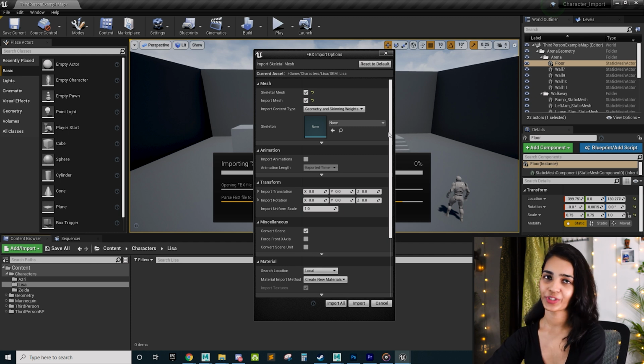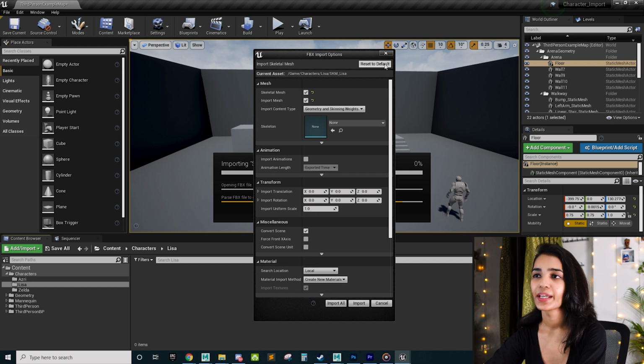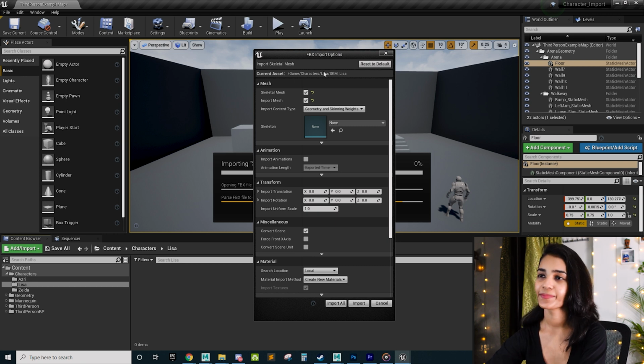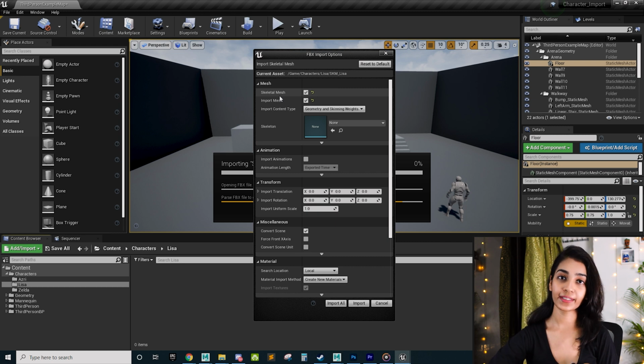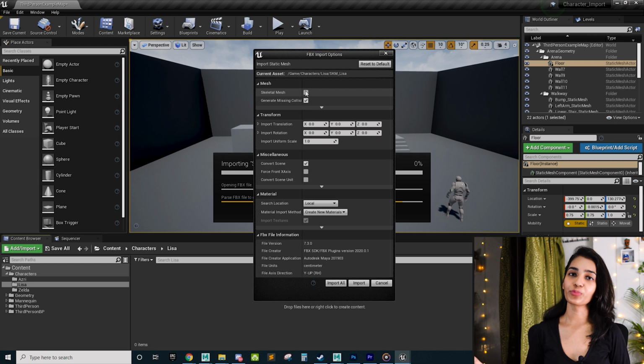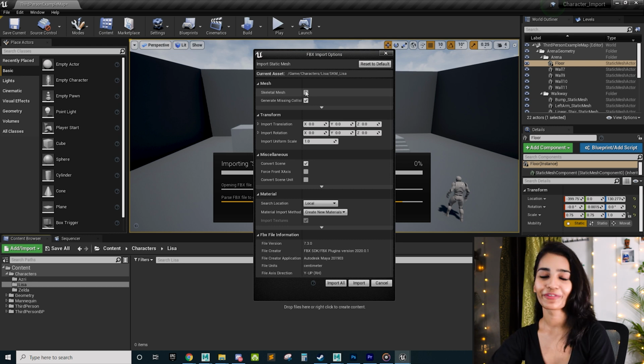So let's look at the import settings for Lisa. But before that, let me just hit this button on the top which says reset to default to show you all the process from scratch. Now let's go in a top-down fashion starting from the first group, which is mesh settings. Under mesh here, we have skeletal mesh, which denotes if the imported asset has bones or not. So if we turn this option off, then the engine will assume it to be a static mesh without any bones. You can use this if you want to use your character as a statue. But since we don't want that, we'll go ahead and turn this on.